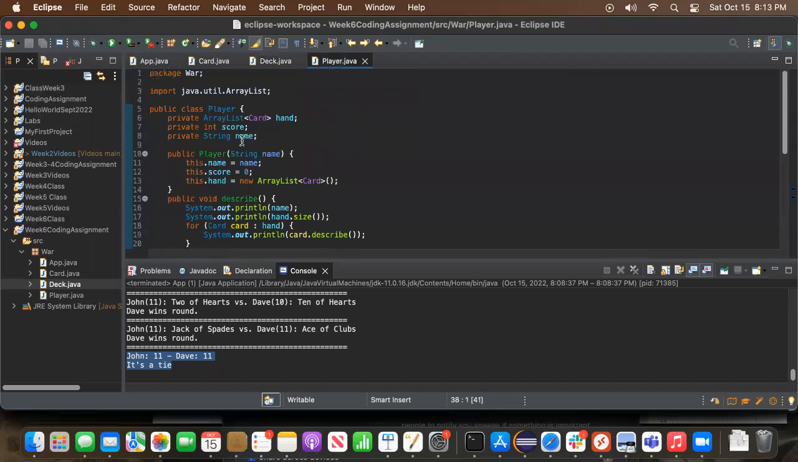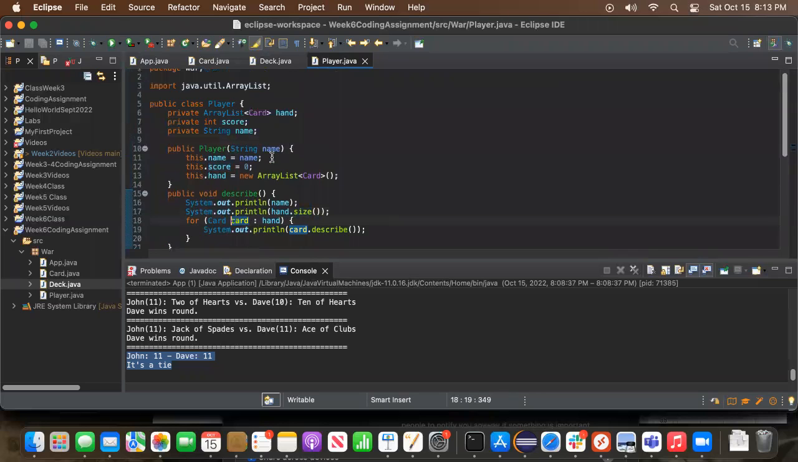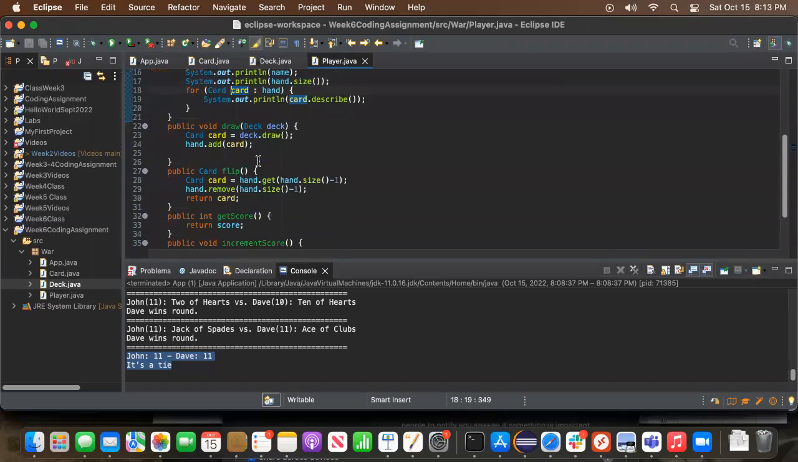All right, so a player has an array list of cards that we call their hand. A player has a score and a player has a name. And we can describe a player, so we'll give you their name, how many cards they have in their hand, which I needed for debugging, and then every card in their hand. Flip, we'll take a card out of their hand, remove it from their hand and return it. And draw